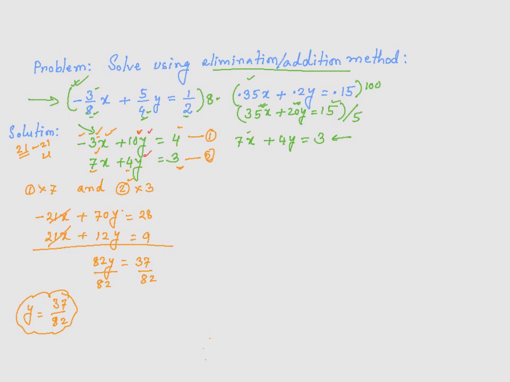Note that the coefficient of y is 10 here, 4 here. So the LCD of 10 and 4 is 20. So I'm going to multiply the first equation by 2, and then add 5 times equation 2. So if I multiply the first equation by 2, I get negative 6x plus 20y. Actually, I meant to multiply it by negative 5. So the second one, I will multiply it by negative 5. 20y is equal to 8. And the second equation, multiplying it by negative 5, is going to be negative 35